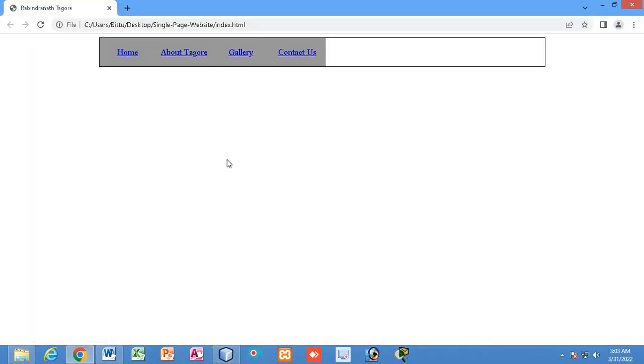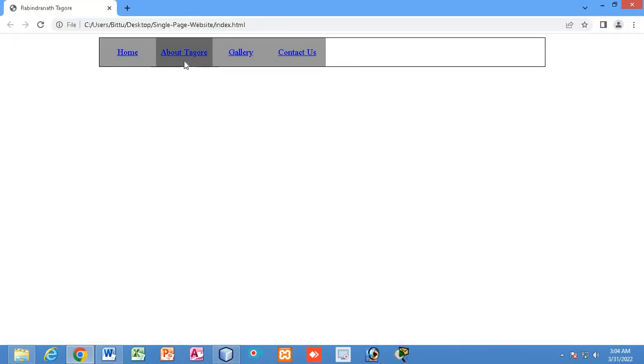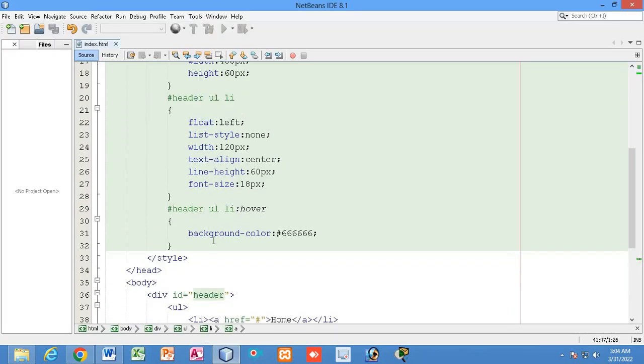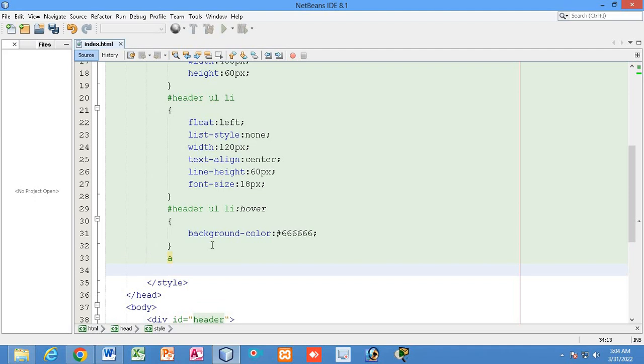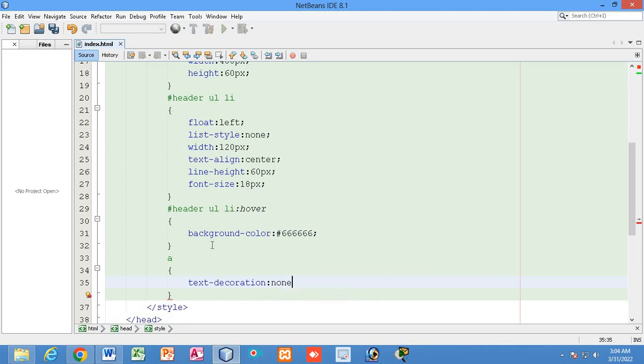You can see, as I told you, that because all these text are enclosed inside the anchor, those text will have this property. The color will change. The color will be blue, and it will have an underline. So to change this color and to remove the underline, we have to simply write text decoration none. We do not want any text decoration for the anchor tag, right?